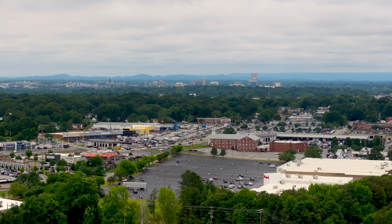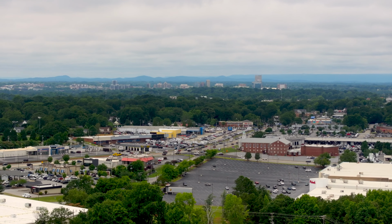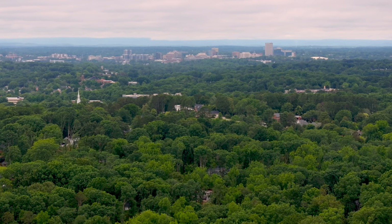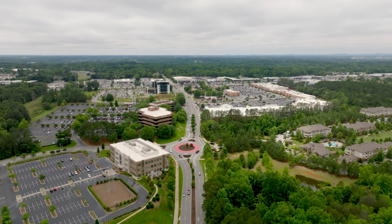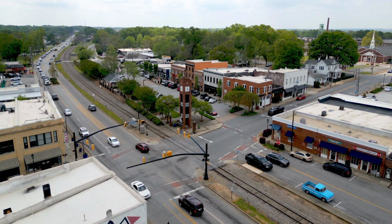One of the major corridors in Greenville, South Carolina is Laurens Road, which is technically Highway 276. It takes you from downtown Greenville over Pleasantburg Drive to Parkins Mill and Gower. It passes Woodruff Road, it passes Verde Boulevard, it takes you through Malden, all the way down to Simpsonville and beyond. For a long time, this stretch of road hasn't been very attractive and has been a commercial-heavy district, but